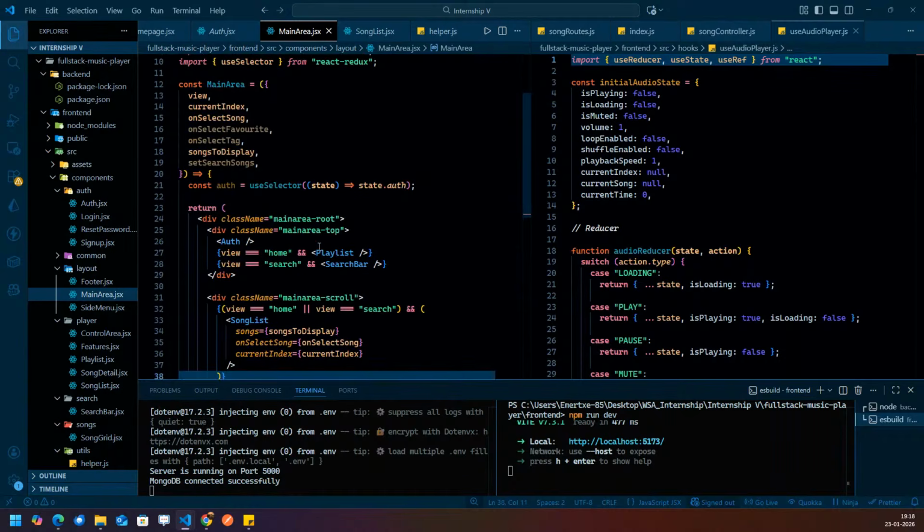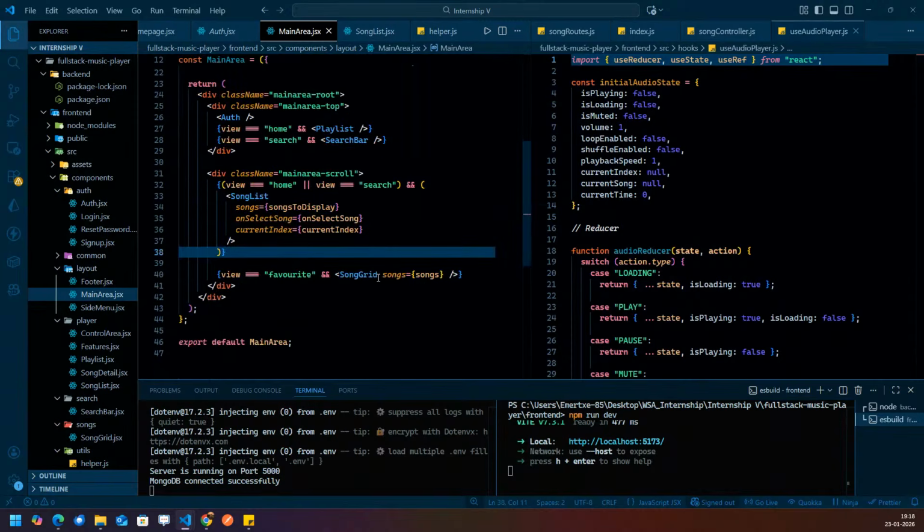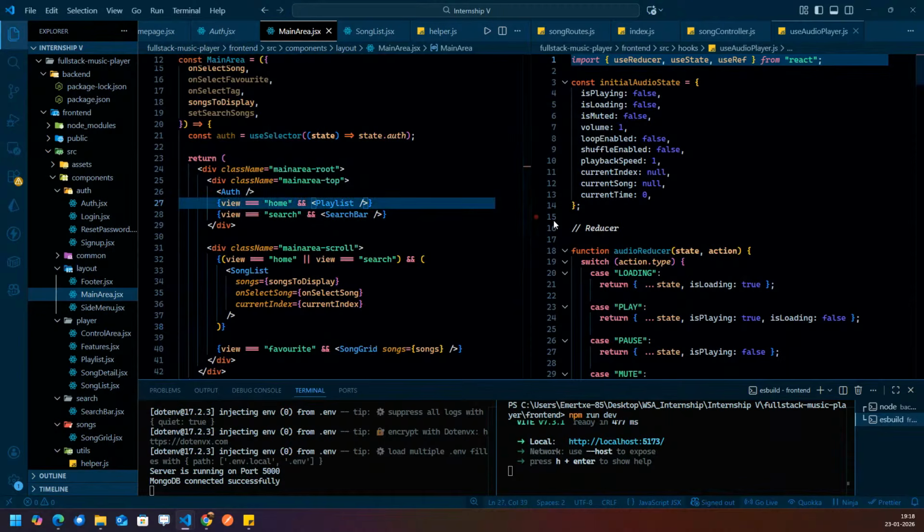Fine. So let's come to the main area. Fine, guys, let's come to the main area over here. And for now we'll start writing for this playlist over here, search bar over here, search bar, playlist, and then songs grid and songs card and everything we are going to write. Fine. So auth is there, correct, and over here we can write in the playlist what we need to add